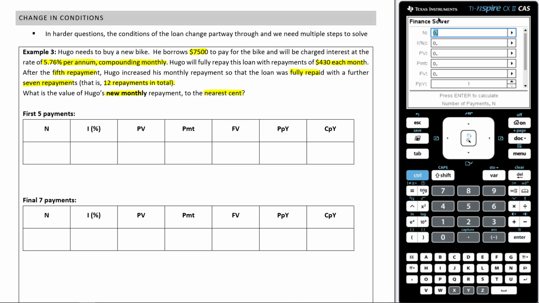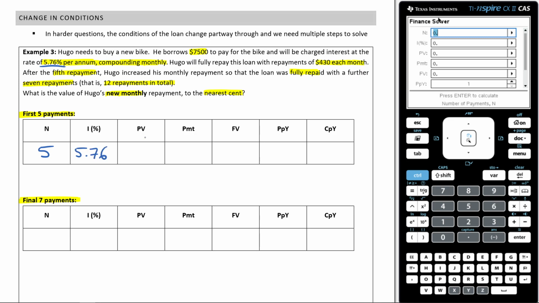All right, there's a lot of things going on here. The first thing we're going to do is deal with it in sections. We're first going to deal with his first 5 payments and then his 7 payments. So his first 5 payments, that means my N is going to be 5 because we're dealing with the first 5 payments. My interest rate is